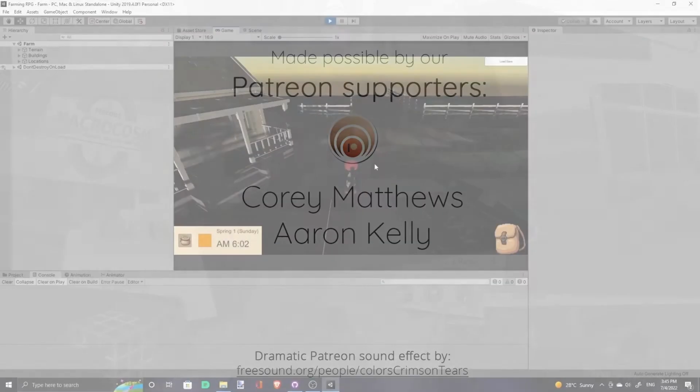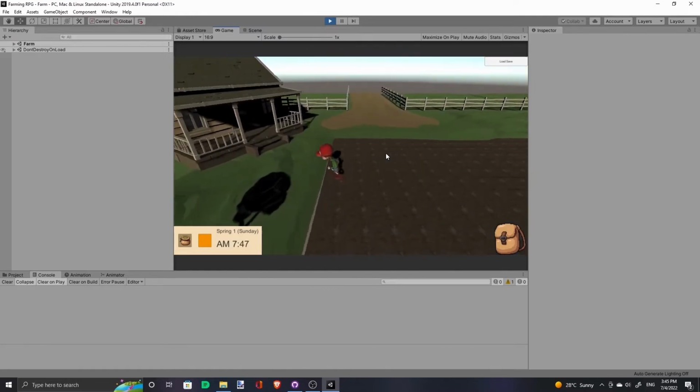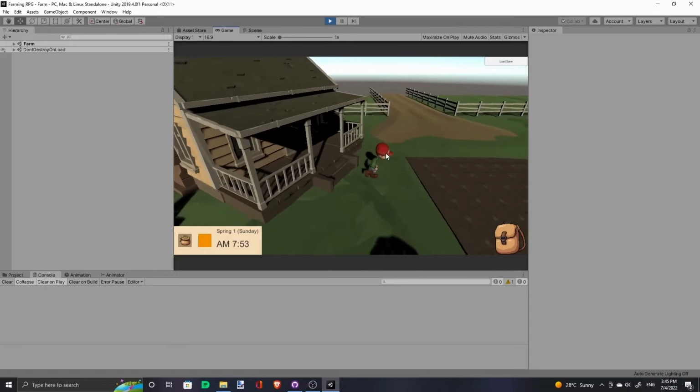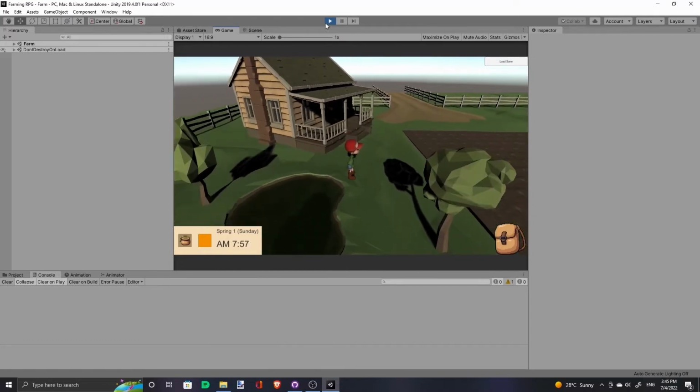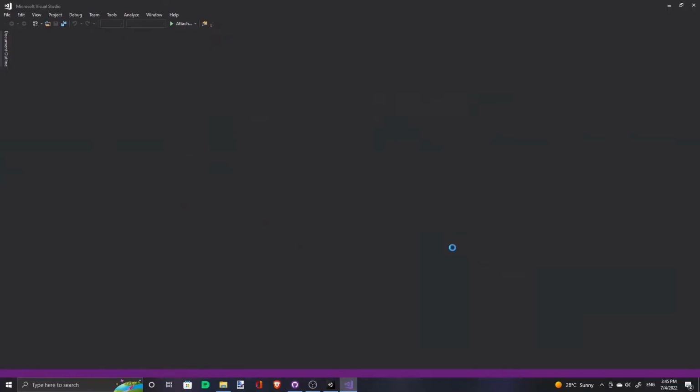So you might notice that after the player leaves the house, we can't really interact with the land anymore. That's because he's floating in the air. So we need to give our player a little bit of gravity. So let's go over to our player controller script